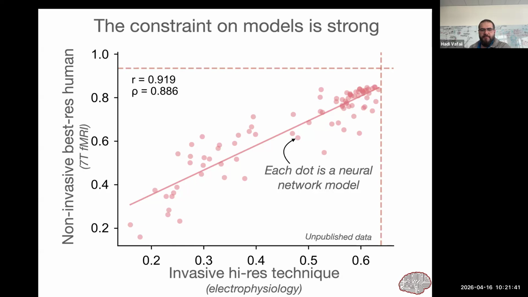You basically have the right rank order across all the models, and you're close to the noise ceiling on both metrics. In fact, you're a little closer to the noise ceiling, the dotted line, on the electrophys measure, because you've got more stimuli there, so you can make the mapping a little better. So it's really hard to be better. These are all theories. The upper right model is right there too, so it's pretty hard to be better than that.